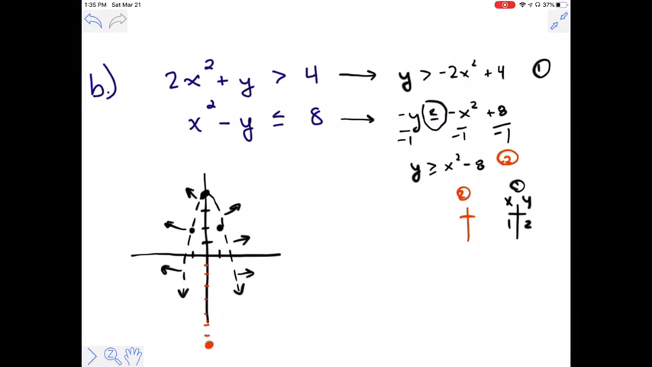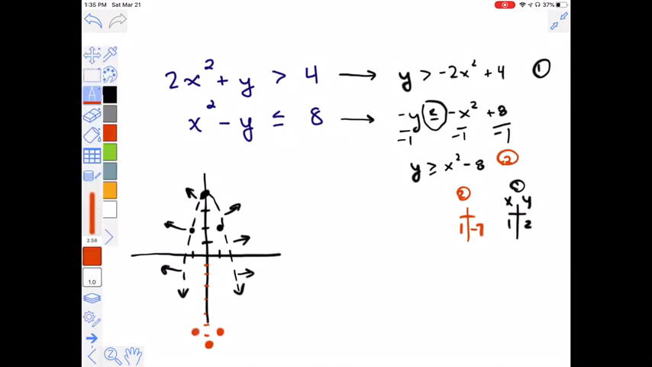And then I want to find a couple of other points, so I'm going to let x equal 1. If x equals 1 right there, I get 1 squared, which is 1. 1 minus 8 is negative 7. So 1 comma negative 7, which also means negative 1 comma negative 7. And I need to extend